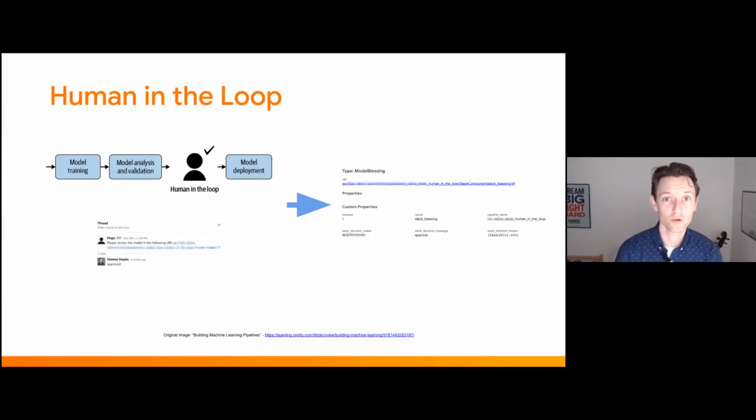And then another use case I just want to mention quickly is that we can put a human in the loop. We can automate everything, but at the very end we can ask a human, and in this case we use the Slack component. That component publishes a tiny message, redirecting the data scientist to the pipeline. They can investigate the model analysis feedback and see if everything looks good. They can poke the model a little bit and then sign off on the model, and we would track this in the metadata as well.